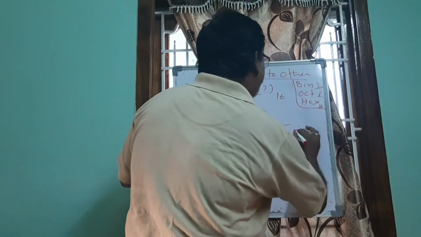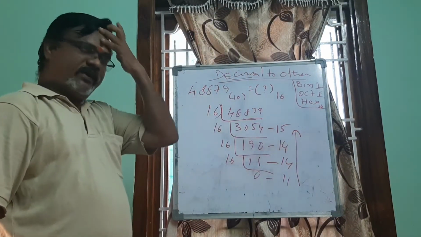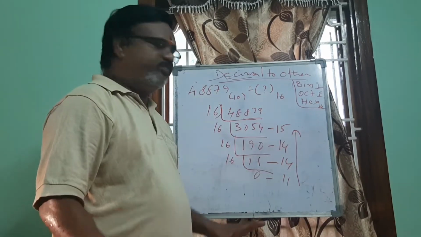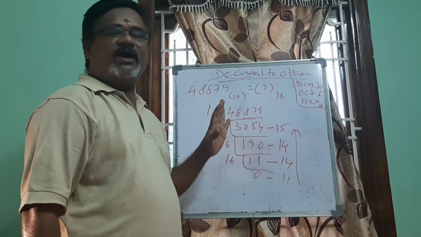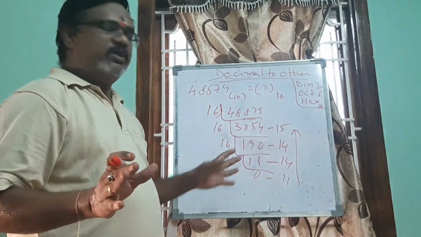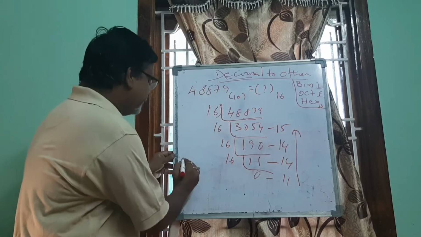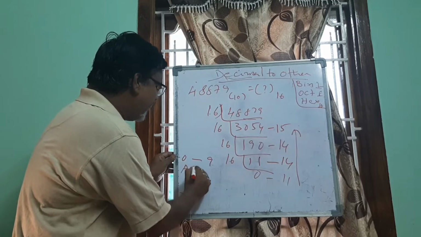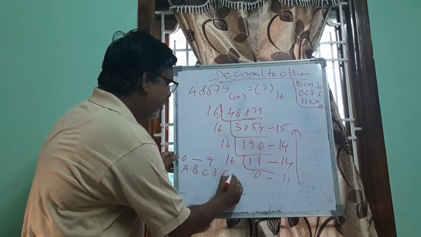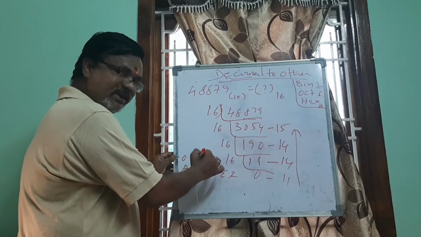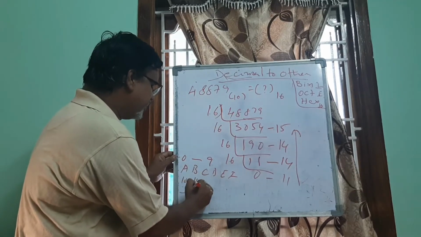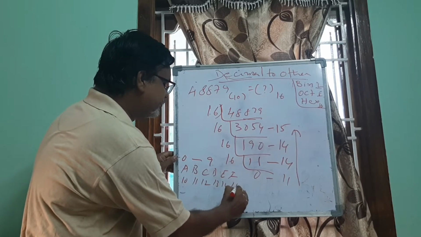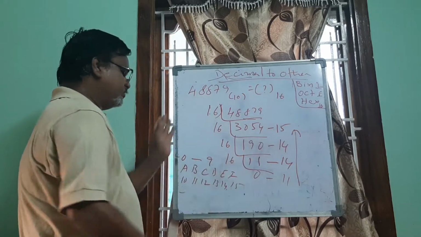As I told you, you have to write in the reverse order. But how to write in the reverse order? The reason why I have taken this as an example is, do we have 15, 14 and 11 in the hexadecimal? We do not have these values in the hexadecimal. In the hexadecimal, we have from 0 to 9. After 0 to 9, we have A, B, C, D, E and F. So, as per the hexadecimal, A stands for 10, B stands for 11, C stands for 12, D is 13, E is 14, F is 15. After that only, you will get other numbers.